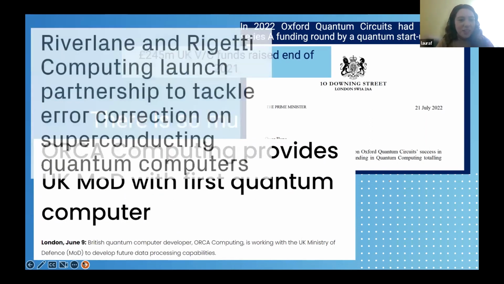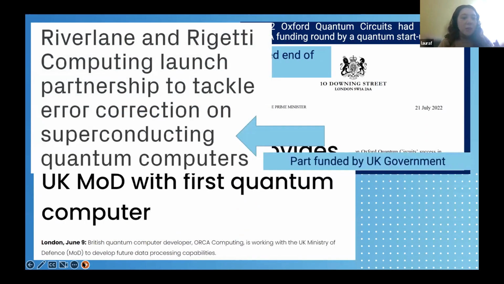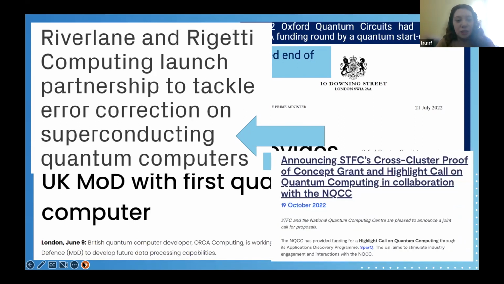And if you keep on clicking, you can see that we've got so many startups such as Riverlane who are partnering, based on some UK funding, with other international startups. And that is crucial because that means that other international startups are now also seeing the UK as a viable place for commercialization of quantum technologies. And then one aspect which is really important to me is the fact that UK businesses are also starting to back quantum technologies as well.